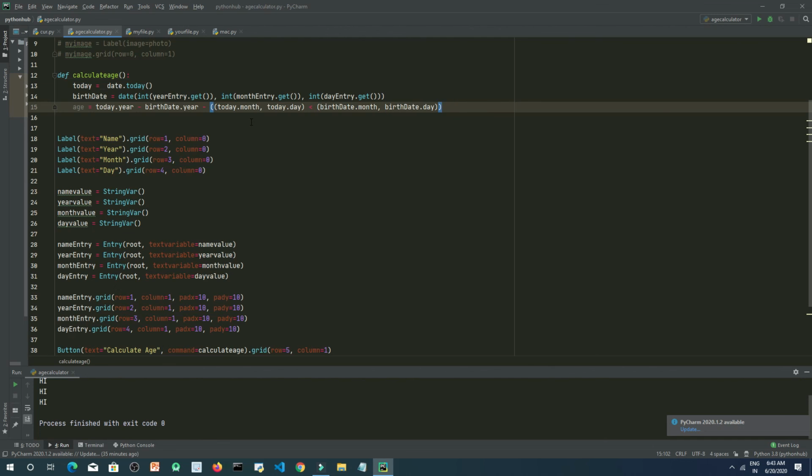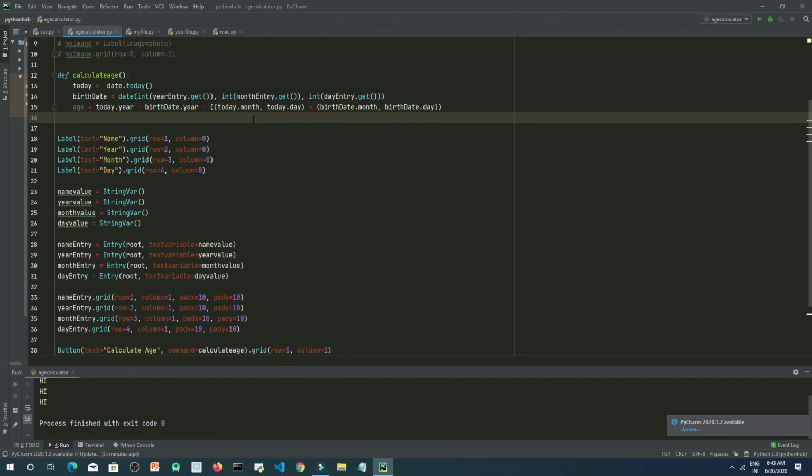Now let's type here, and we need to show the age we have calculated. We will show it using the label widget. How can we show it?